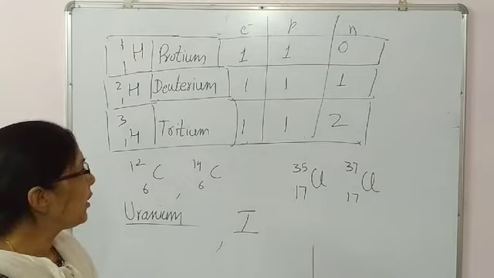Cl. One more thing I want to say, as number of proton and number of electron is same, their electronic configuration will be similar. That is the reason that their chemical properties will be similar. For isotopes, always chemical properties will be similar due to similar electronic configuration. But physical property, there will be a little bit difference because their atomic mass is different.